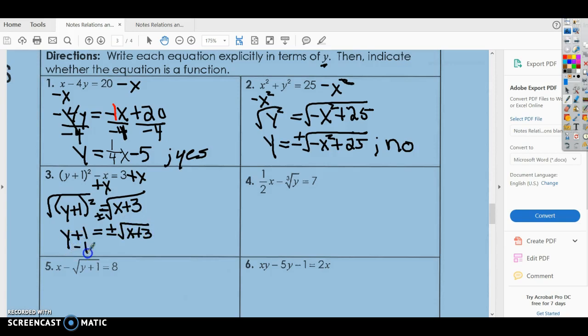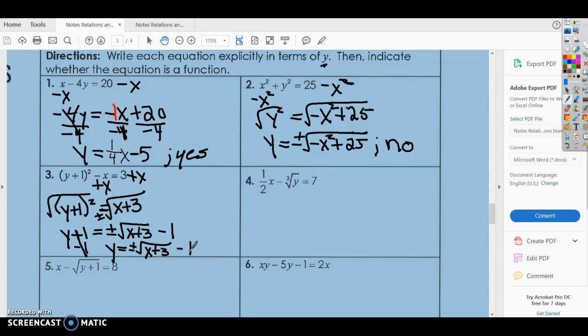And then last but not least, I'm going to subtract 1. Because I subtract 1 after the square root is there, the -1 goes outside the square root. Okay? So y equals plus or minus square root of x plus 3 minus 1. Okay? All right,